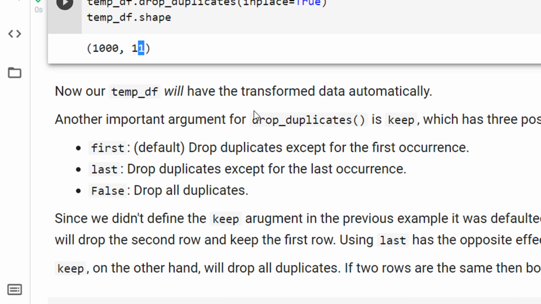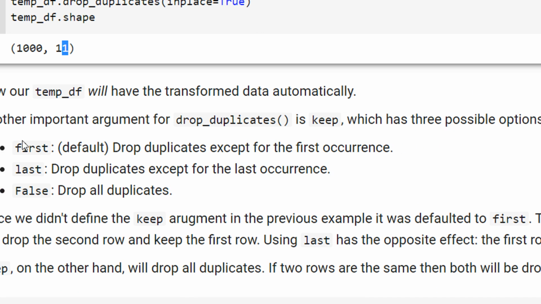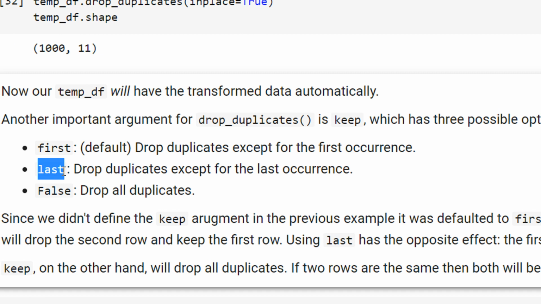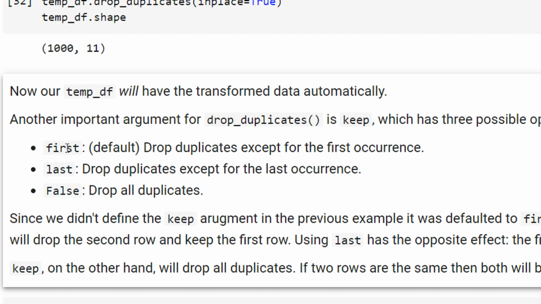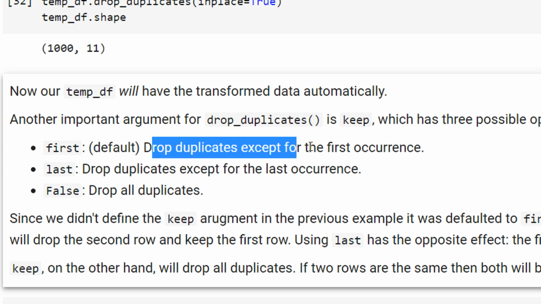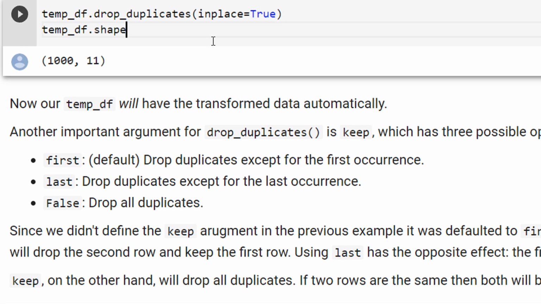Now the drop duplicates function has three options for keep: first, last, and False. What does this do? Let us read the text. First is the default operation: drop duplicates except for the first occurrence. What does this mean?